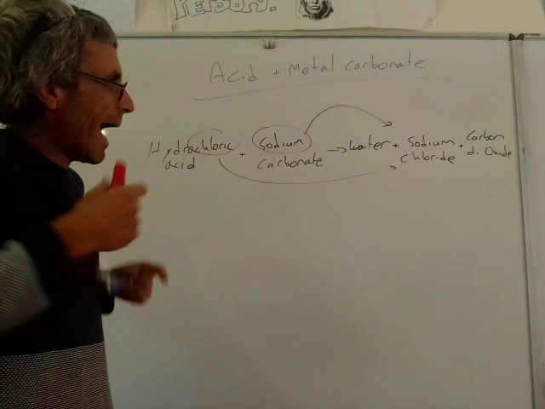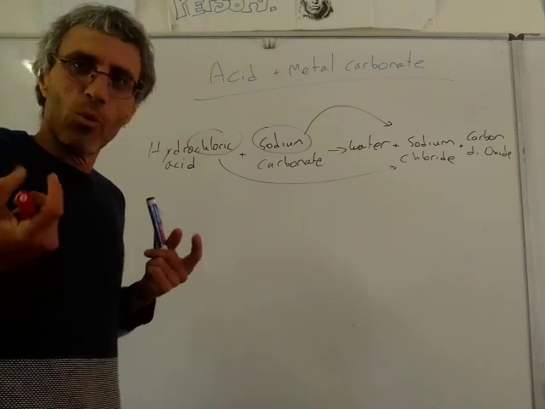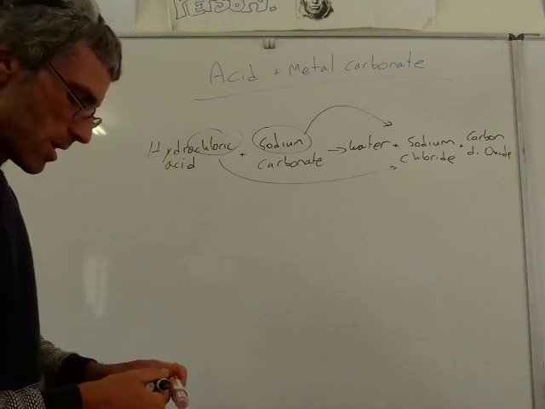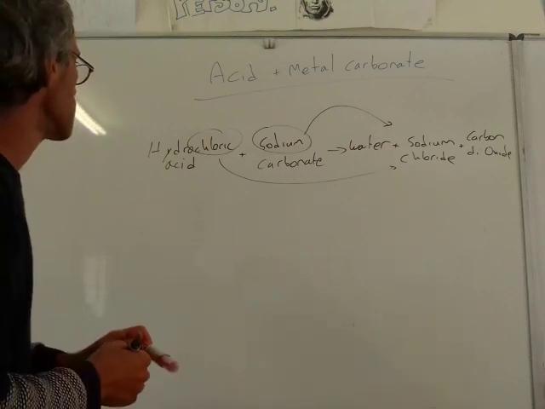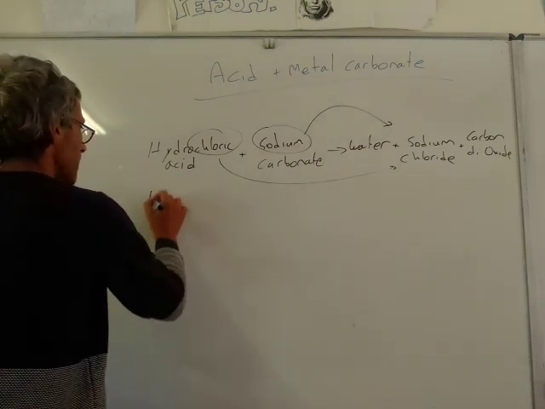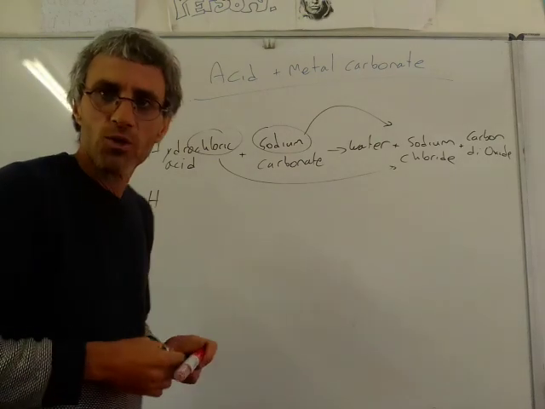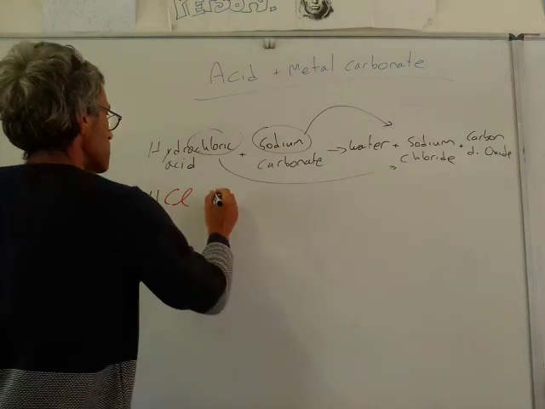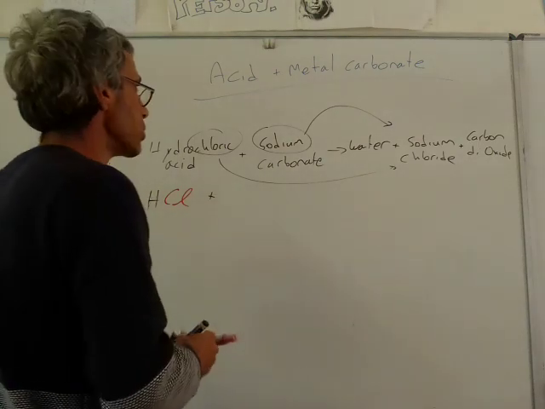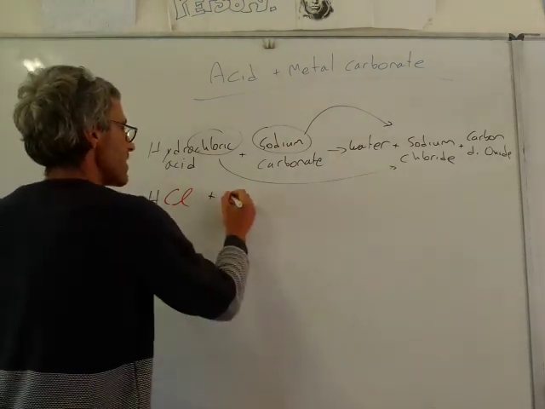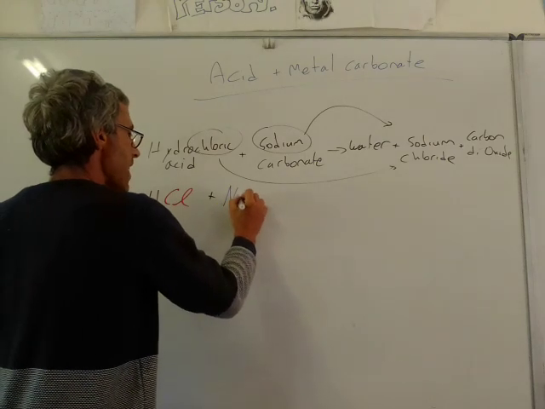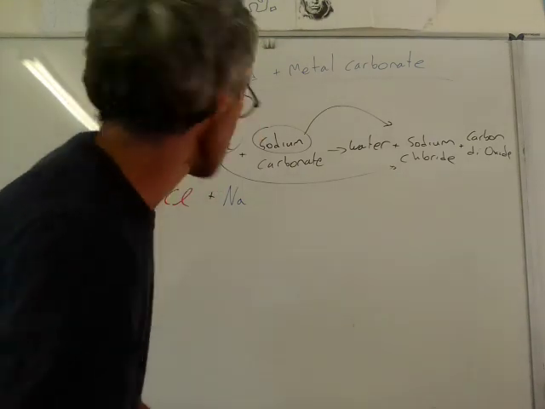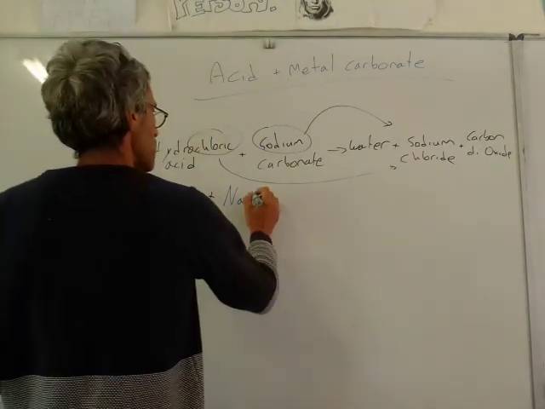Now, how did we get that? It will become more clear when we work with the symbols. So let's do some colors now. I've got HCl, hydrochloric acid. I always start with that because it's really easy. So HCl plus, let's give it a blue, sodium carbonate. So sodium, Na, carbonate, let's give them a green color, plus